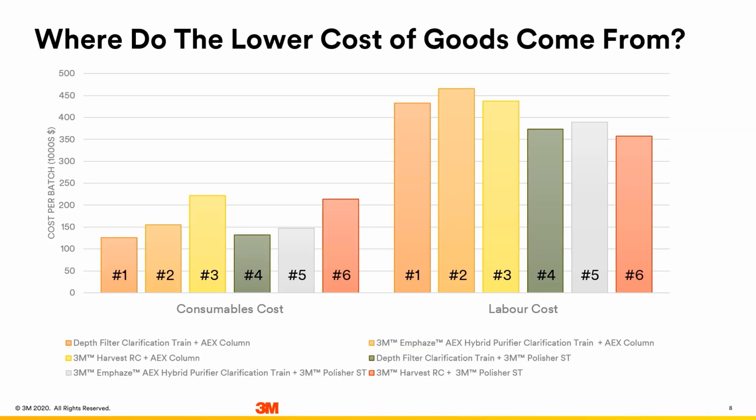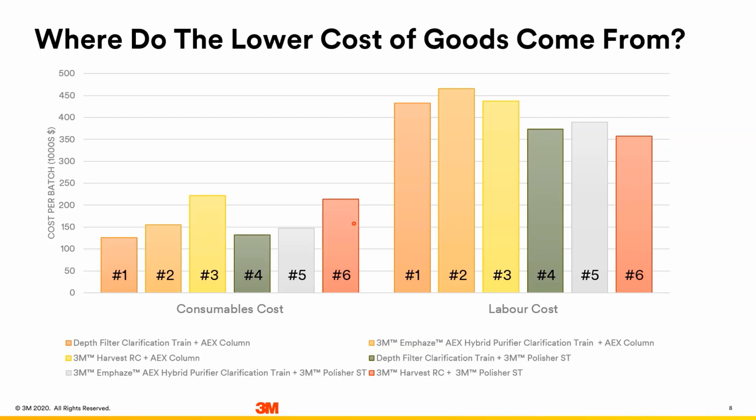What I've presented is consumable costs on the left-hand side and labor costs on the right-hand side. And we can see that these show 2 different trends. So the consumable costs on the left-hand side shows a general increase as we go from process 1 to process 6 in consumable costs. And that makes sense because the technology is getting more expensive because it's doing more in